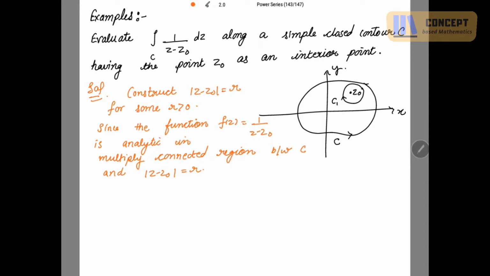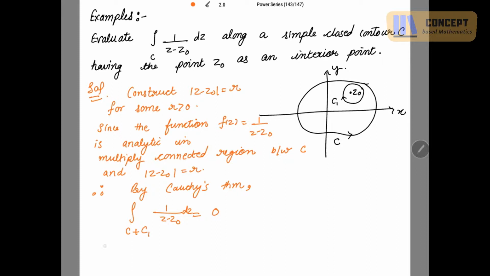Here the function is analytic. So can I use Cauchy's theorem? By Cauchy's theorem, we know that if the function is analytic in the domain D, then the integral of the function over the closed contour is 0. So by Cauchy's theorem, over this contour C plus C1, the integral of the function is